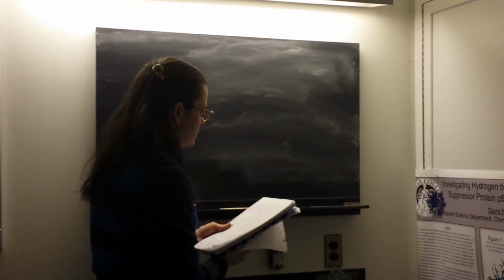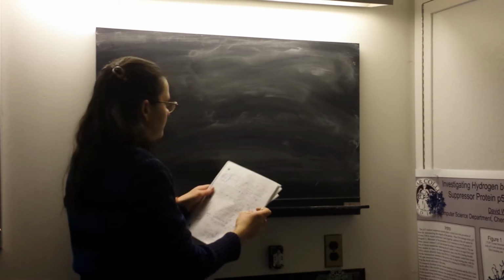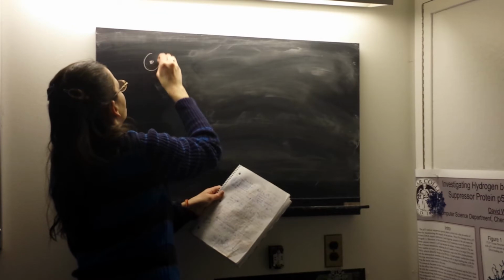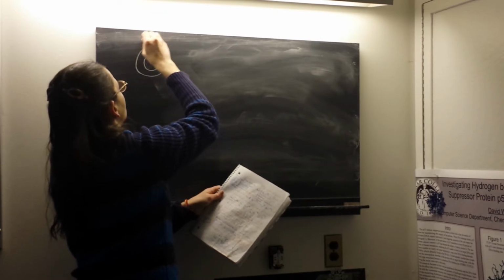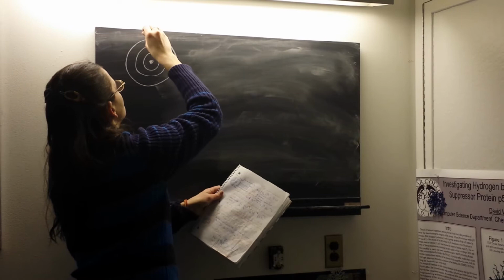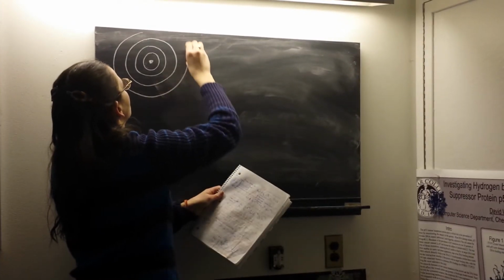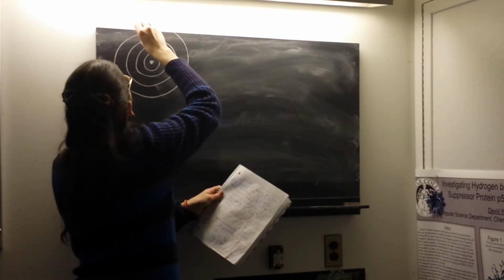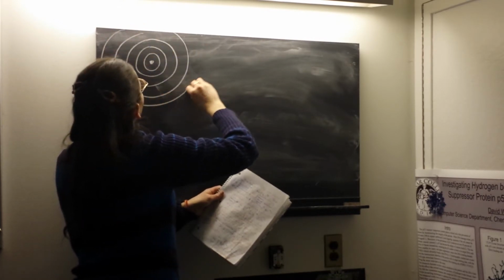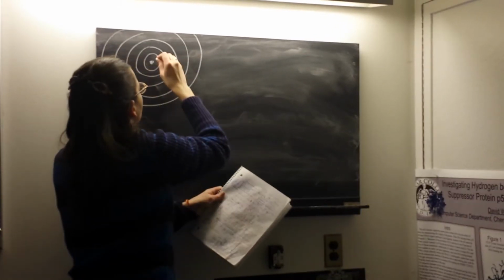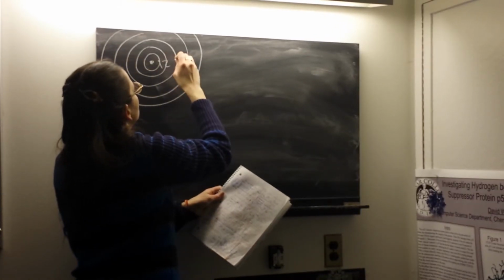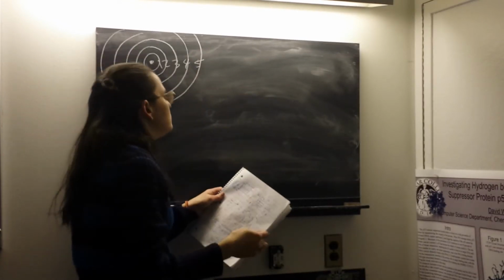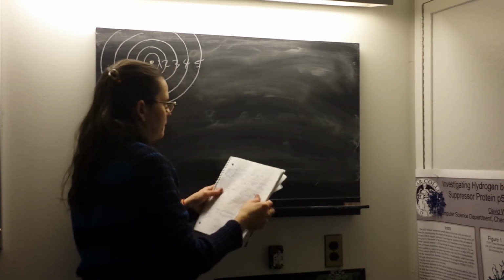So just to remind ourselves what we're talking about here, let us draw the Bohr model of the atom. So here's the nucleus, and we're going to draw the shells, right? So you remember how we put the electrons into the shells? Done this probably in general chemistry and so forth. So we got 1, 2, 3, 4. So we need one more. Alright, there's our Bohr model right there, and so we'll have n equals 1, 2, 3, 4, and 5, and of course there are an infinite number of shells,